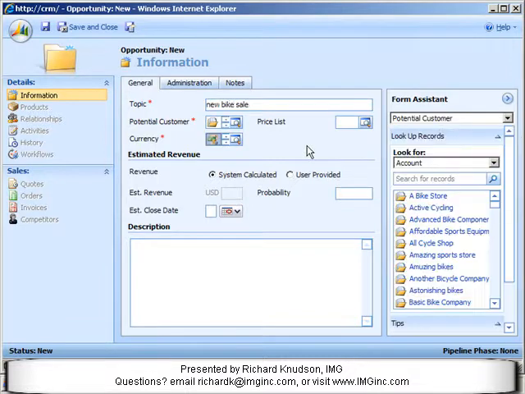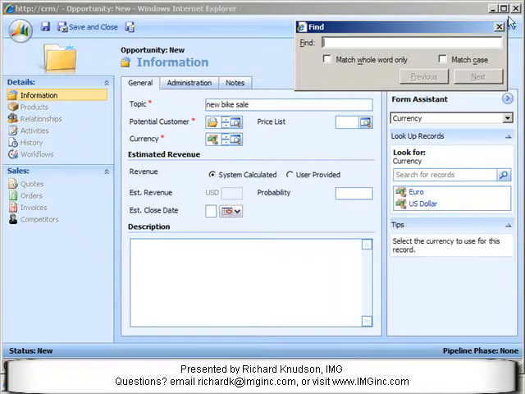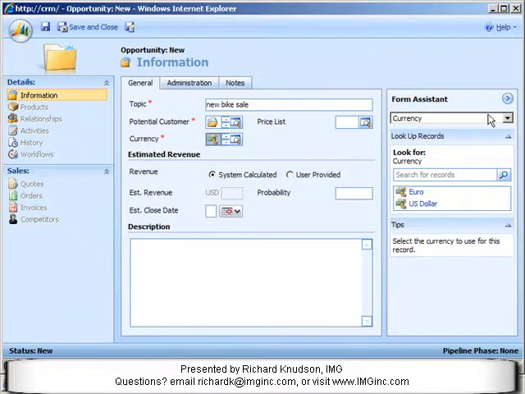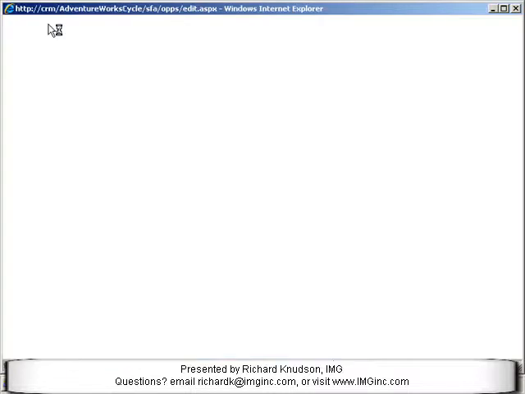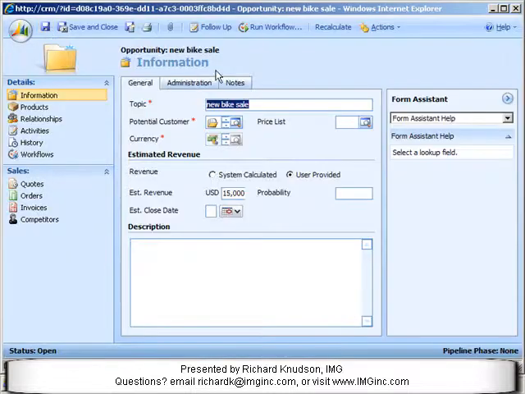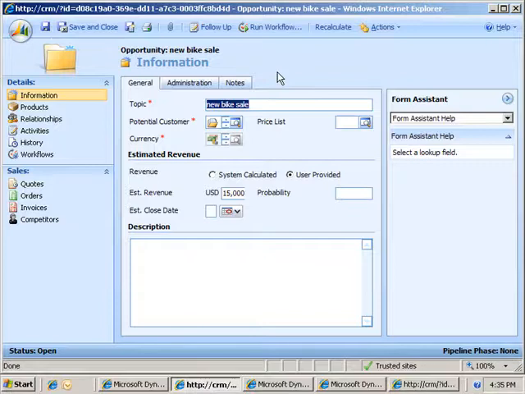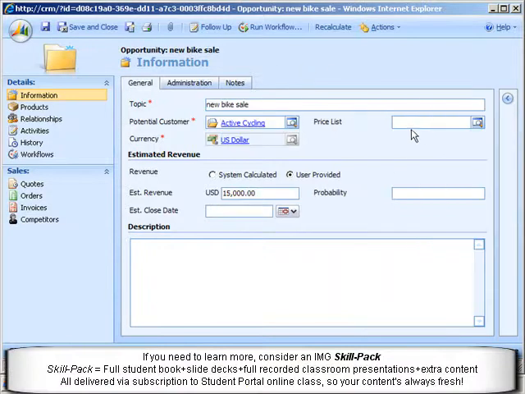And I will shrink the form assist here so you can see this a little bit better. So I selected a potential customer there, and I'll make it for $15,000 and save it. Now, since this workflow is scoped at the business unit level, and I as a system administrator am in this business unit by definition, as soon as I create this new opportunity record, I'll click on workflows,